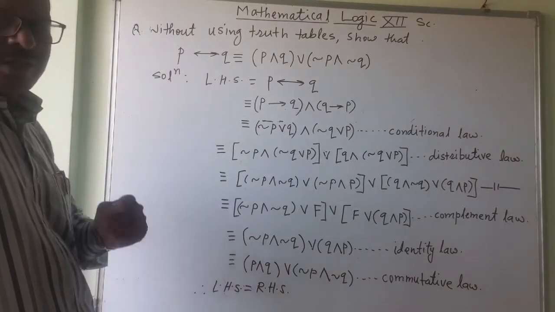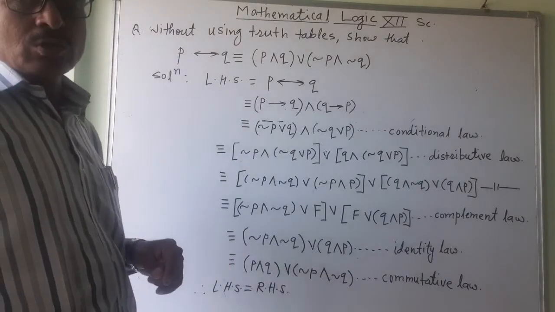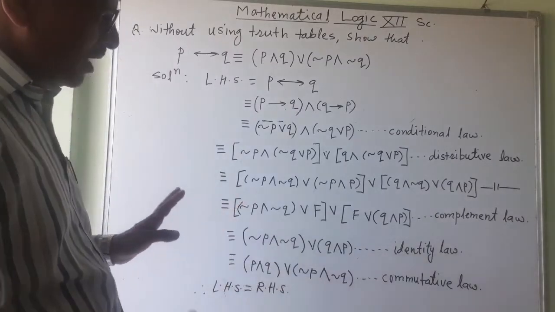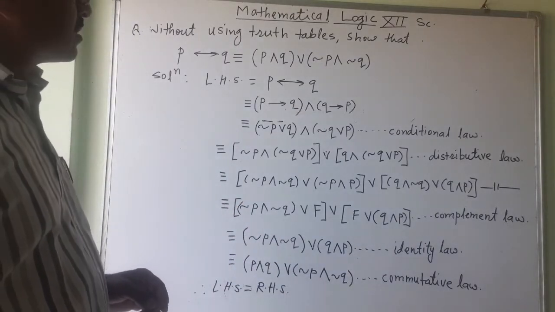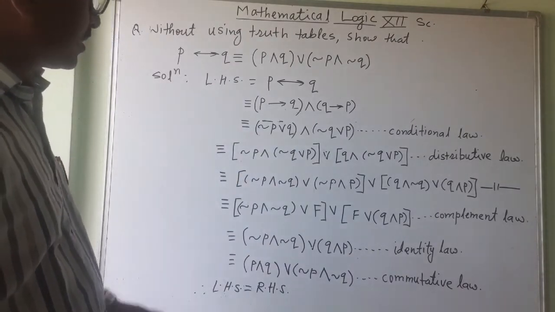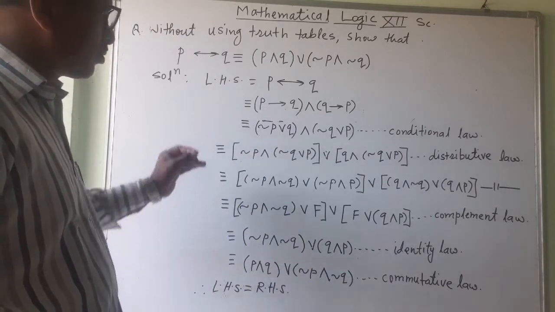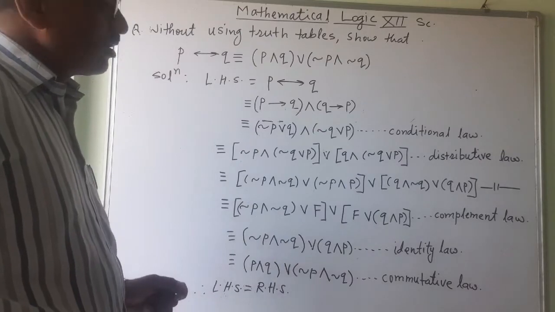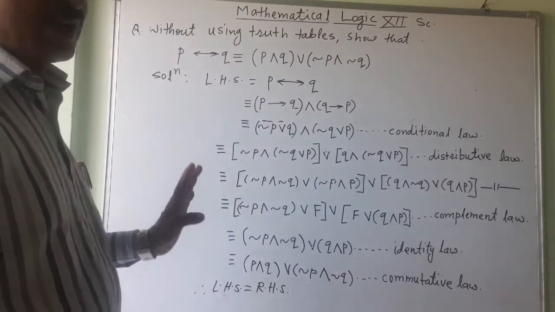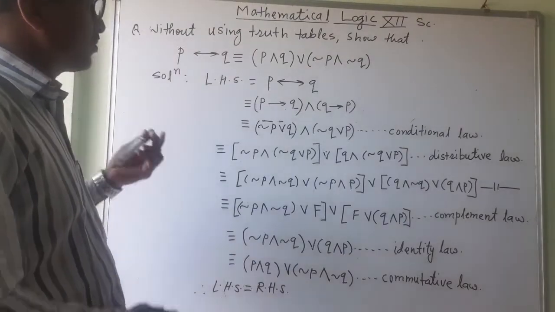So I have given some of the rules and laws in the last video, and explained those laws. Now this is actually the utilization of those laws. I will take one example because this is the most difficult question for general students. 90% of the students do not solve such questions. Logic is an easy topic, but if you are not prepared then it is a very difficult topic. How to utilize that? With some simple things we can prove it.